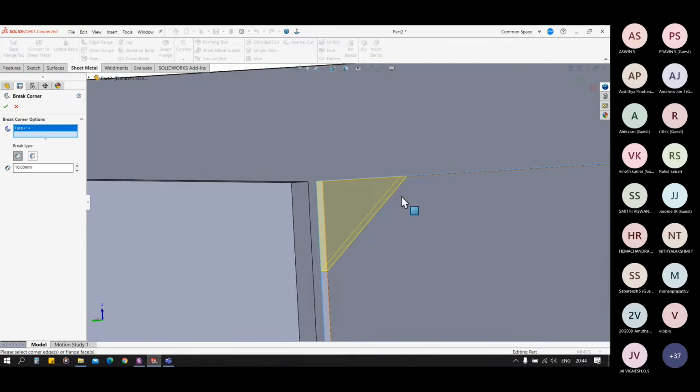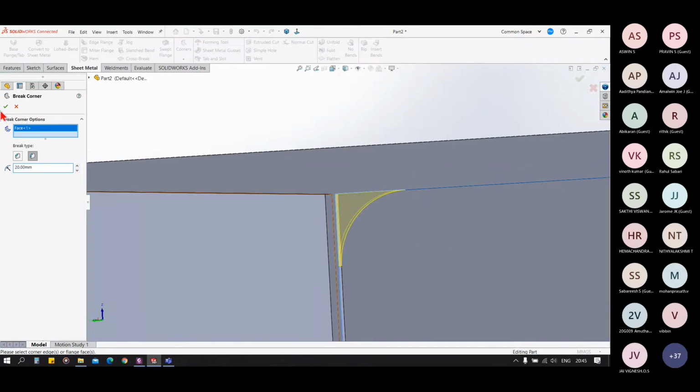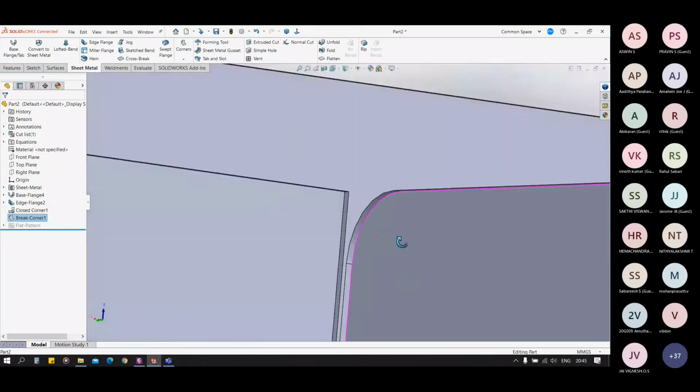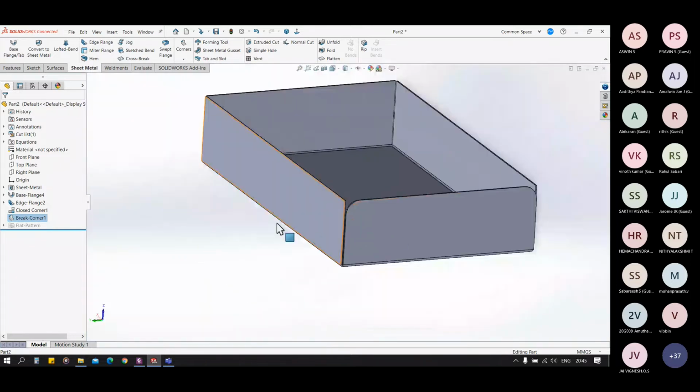So this is similar to chamfer, and this one is similar to fillet. See the dimensions. Any doubt in the corner, in the bend, in the welded, in the break trim?